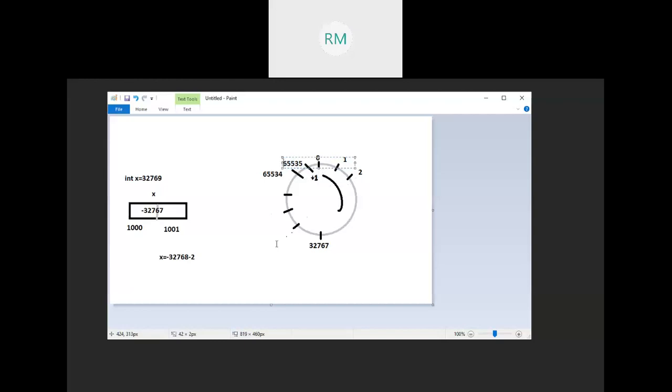Is it clear? Okay. So whenever any question is asked, first draw the circle and represent the values. Then check this particular value. If it is out of range, positive or negative, appropriately count either in the clockwise or anti-clockwise direction, find its equivalent value, assign the value to that variable, then print it. Is it clear? That is the logic. This type of logical question is asked most frequently. So next, answer the next question.